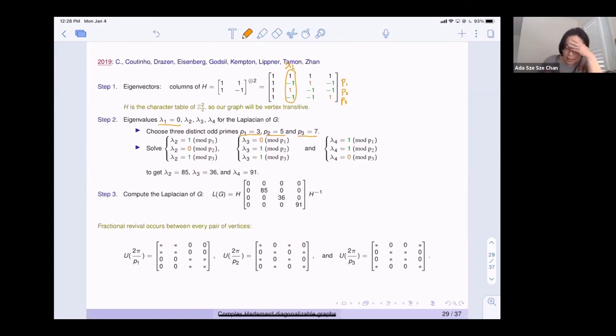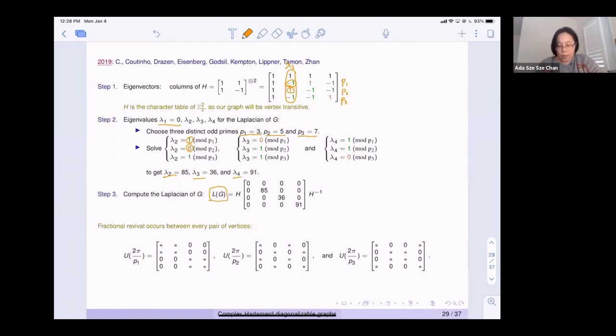So what we do is we look at the entries. If I see a -1, then I'll put a 1 here. If I see a 1, I put a 0 here. So we have 3 systems of equations. We solve them and we get our eigenvalues. Then we compute the Laplacian matrix. And what happens is that in this Laplacian matrix, if you start with any Hadamard matrix, then the vertex